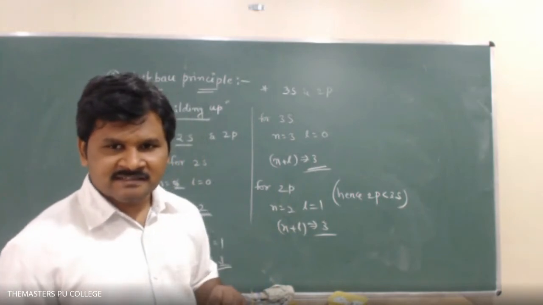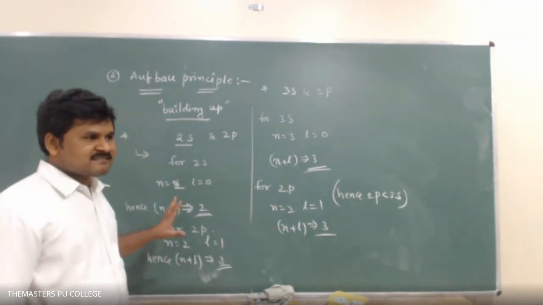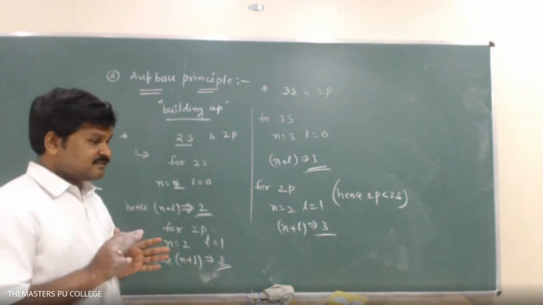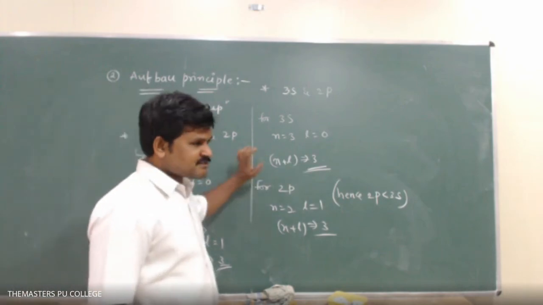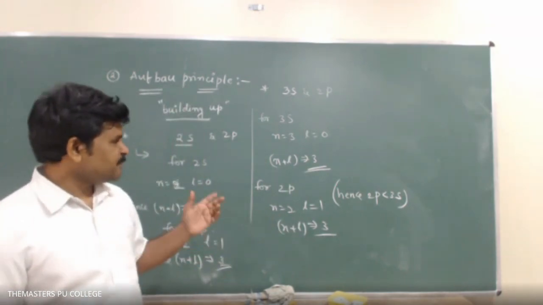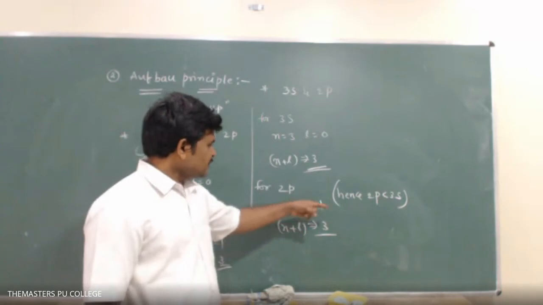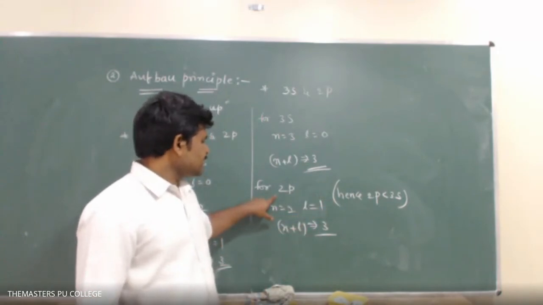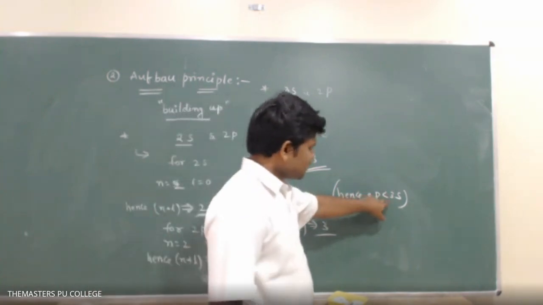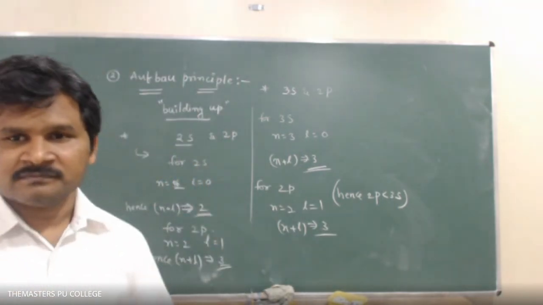Are you clear, students? If n plus l values are different, fine: the one with the least n plus l value has the least energy, and you won't get any confusion. Suppose you get n plus l values the same, where do we write the electron? We have to choose the least n value. Here 2p has n value 2, and 3s has n value 3. So that's why the 2p orbital energy is less than the 3s orbital. Please write this down. Now, any doubts?